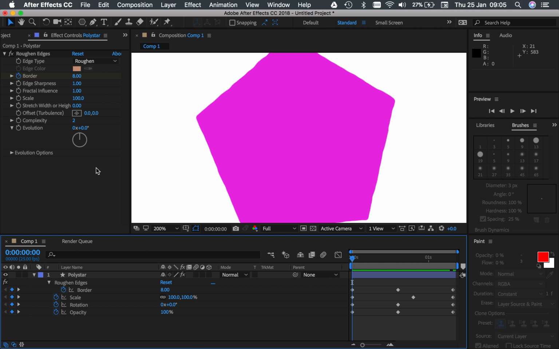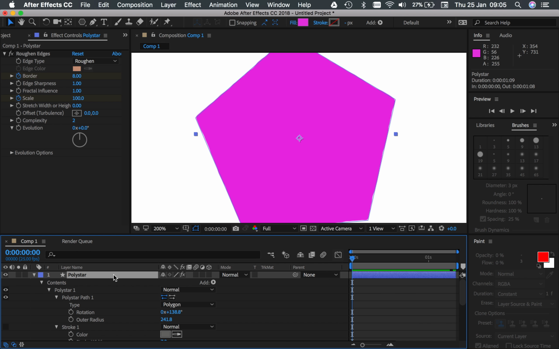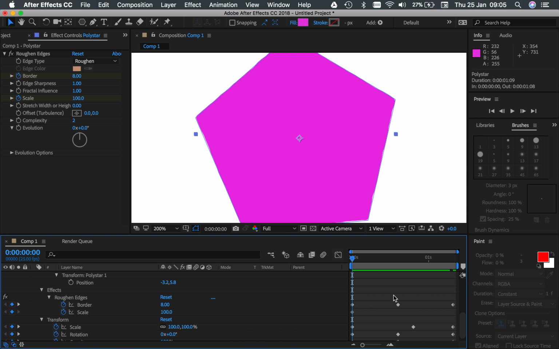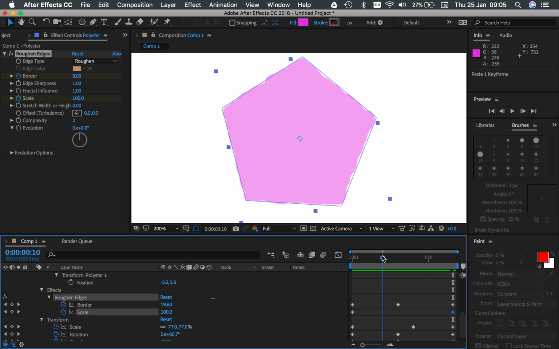So now this time I want to animate the scale of the rough edge. So I'll go to the start, I'll click scale, click U again so I can see that new keyframe, which you'll notice is roughen edges scale here. So I'll copy that with Command C, go to the end, Command V, and in the middle anywhere now I'm going to change the scale up to